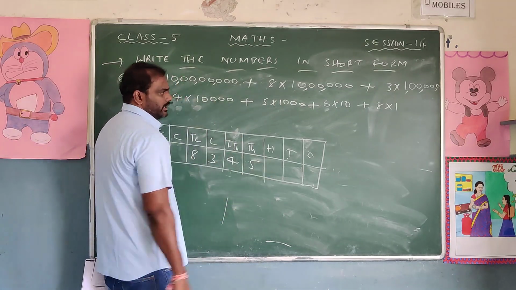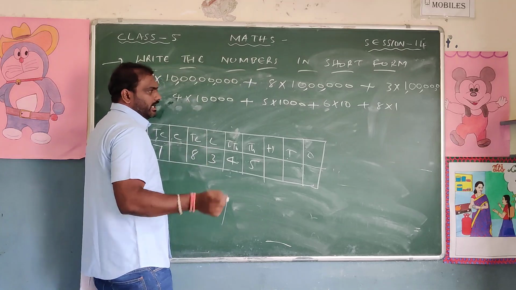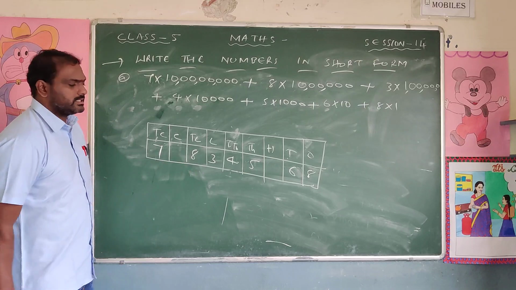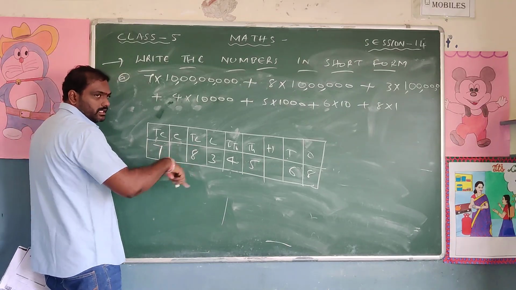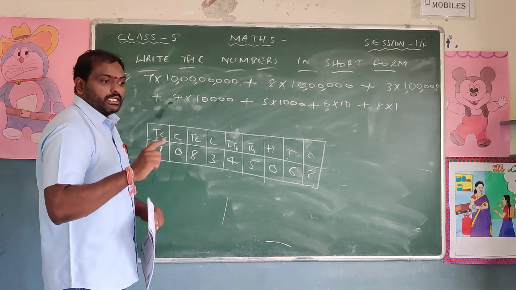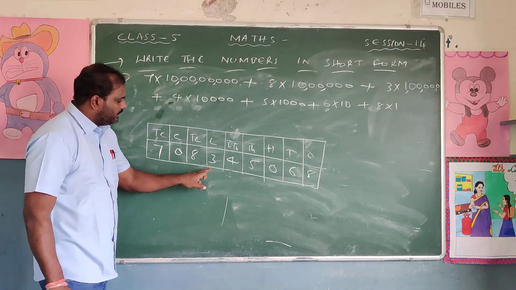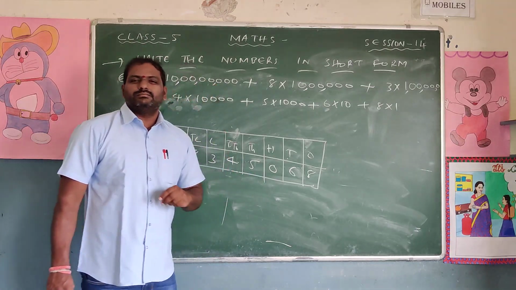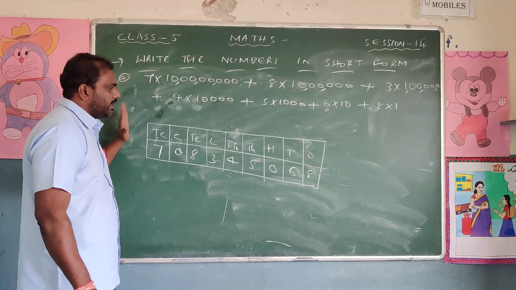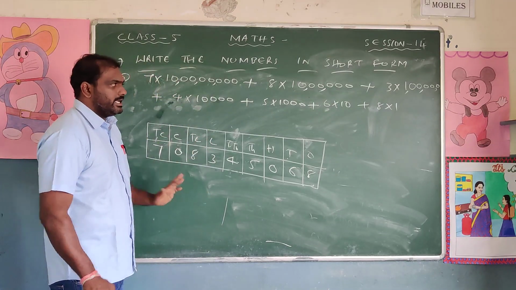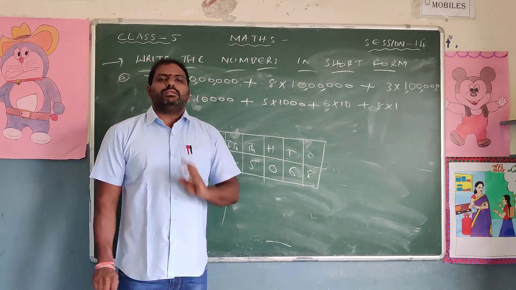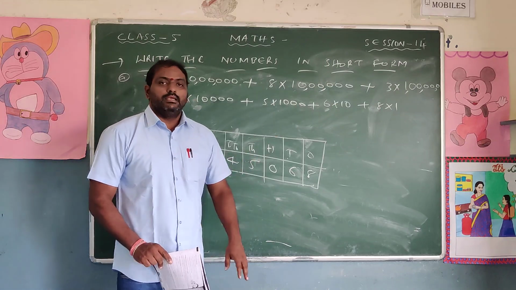Then 1,000, 5. Next, tens is given, hundreds is not given. 6 and 8. Now don't give like this. After this, whatever the boxes are empty, keep zeros. So general student makes a mistake and writes 7, 8, 3, 4, 5, 6, 1 like that. Don't write like that. You have to count the place value. Wherever the place values are, put them there, and if not given, leave it. For example, here 100 is not given, see. Since 100 is not given, we shouldn't write 100. Leave out 100 and write 10. If you write 100, it won't be right.